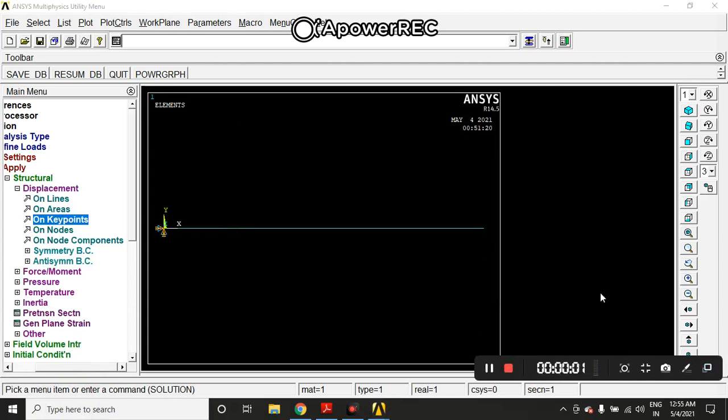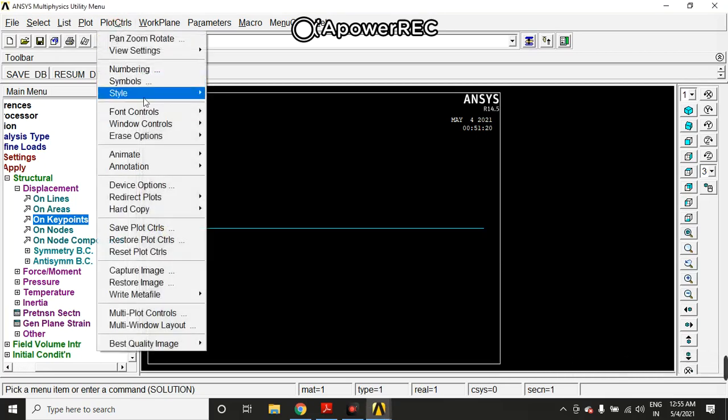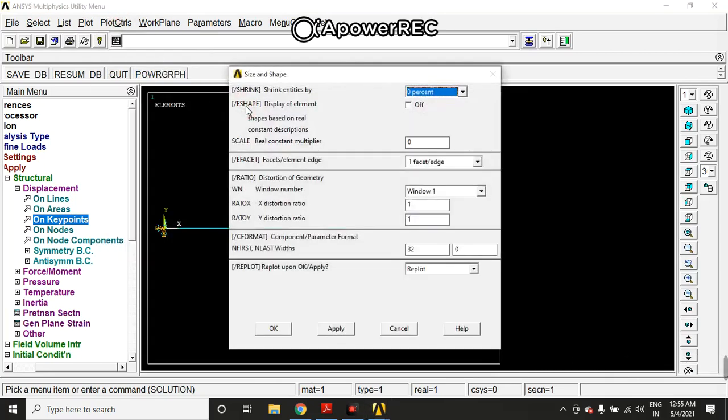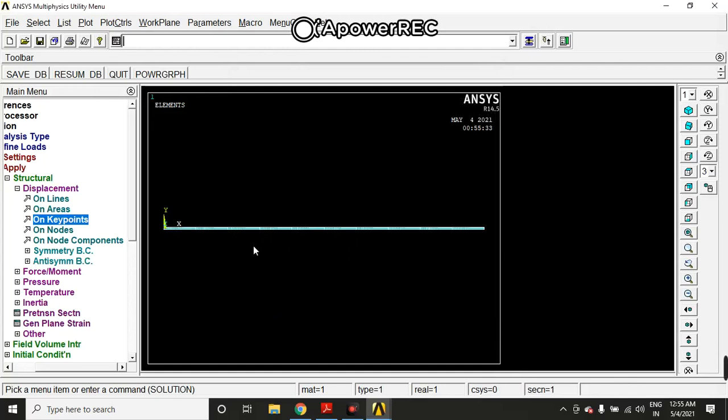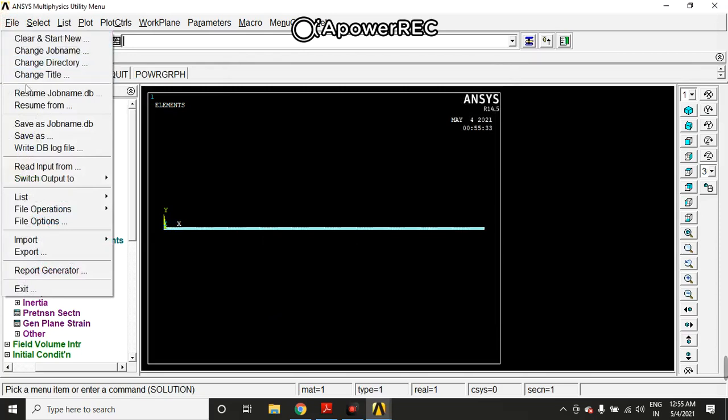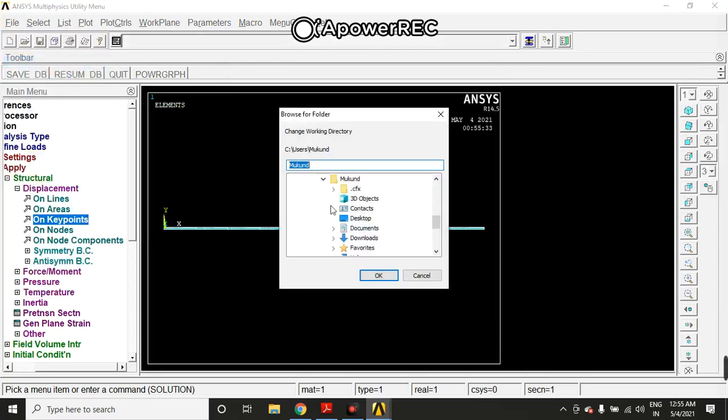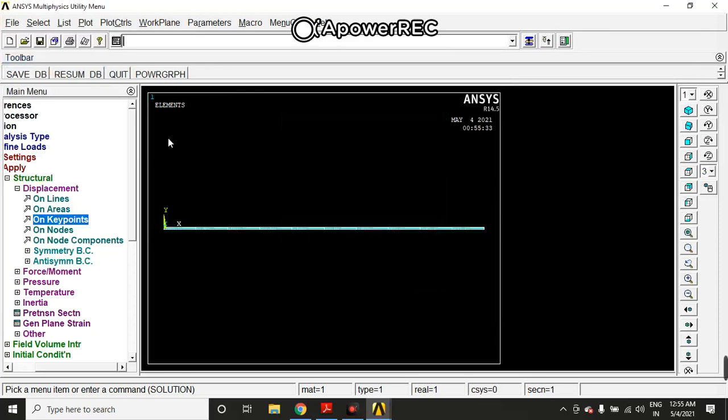Now to see the 3D picture of the element, go to Plot Controls, Style, Size and Shape. Keep the display of element as On and click on OK. So you can see your element. If you want to save this, you can go to File, Change Directory, click on Desktop, click OK.